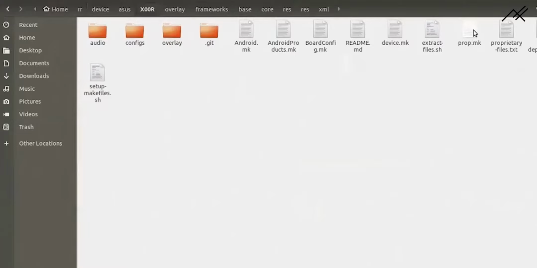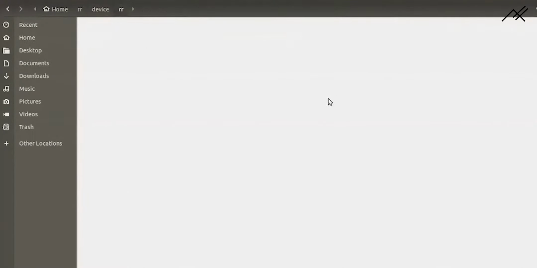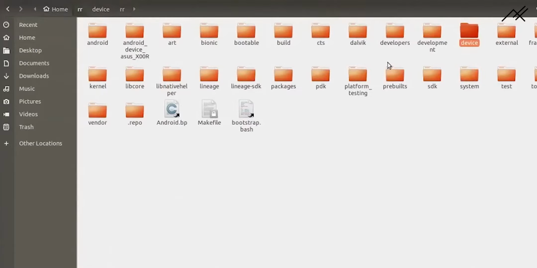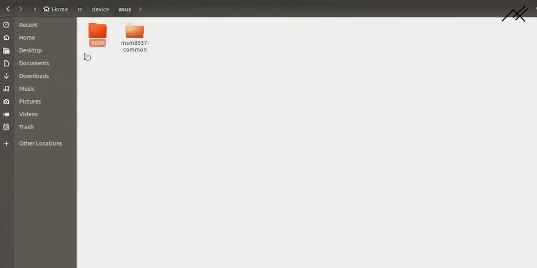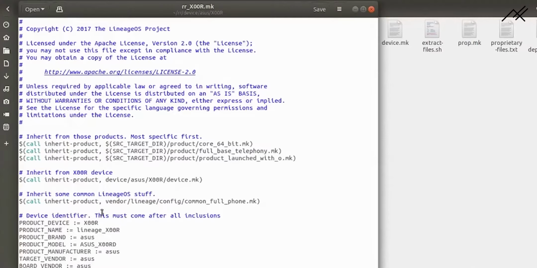underscore XOR. And then we can just directly put it in lineage and we can do, but there are some files, I would say, like if you go to device, we have a file called RR. Okay, this one uses the RR folder. For that we need to change it. So we have some lines of code in the source of resurrection which check for RR files, not the lineage one. So for that we are just changing it, XOR and dependencies. Okay, we need to now check RR underscore XOR.